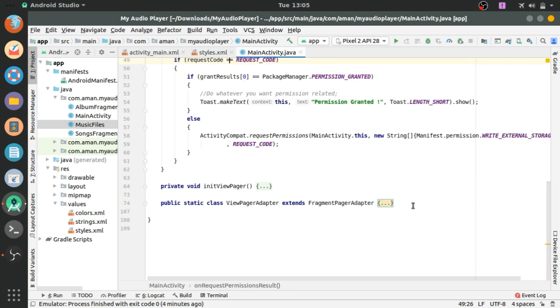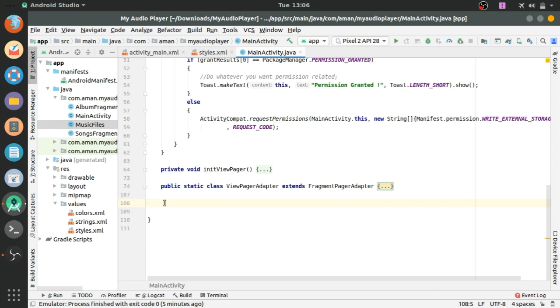Now we will create a method which will return an ArrayList of our model class, MusicFiles.